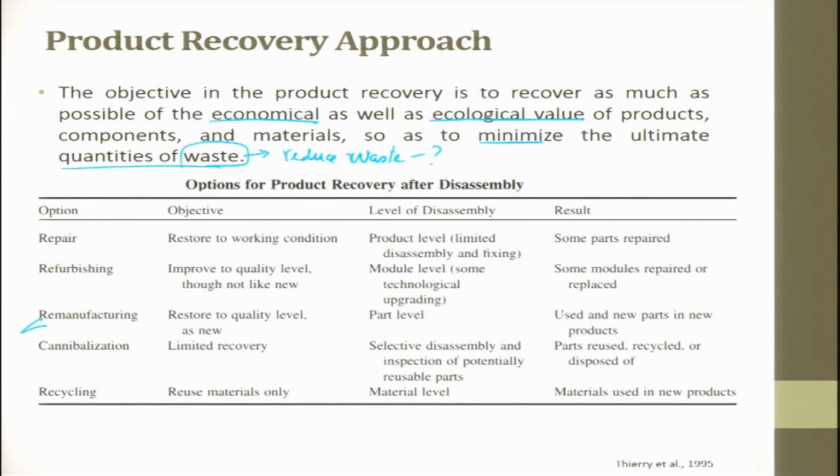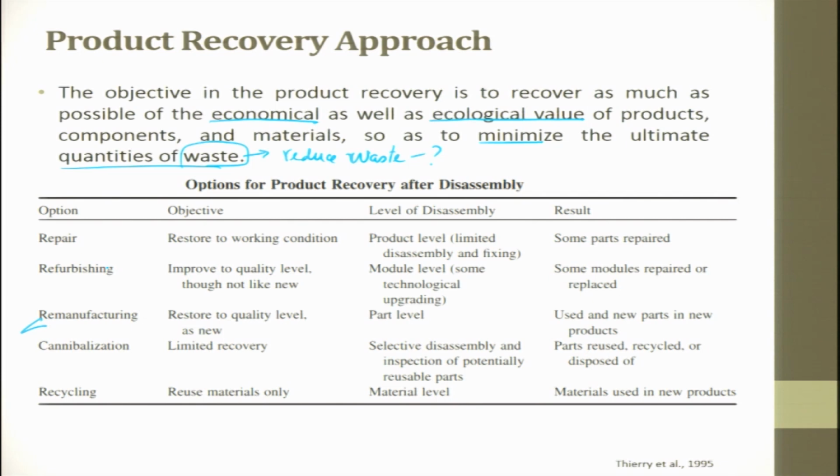So, options for product recovery after disassembly. Option 1 is repair. The objective of repair is to restore a working condition. Level of disassembly, product level, limited disassembly and fixing. Results, some parts are repaired. Cycle repair, restore to the working condition. Product level, remove a nut, put a nut, axle has to be removed, spokes have to be replaced, the bearing has to be replaced, bell has to be replaced. It is all just working on one part, repair the part, put the part into action,